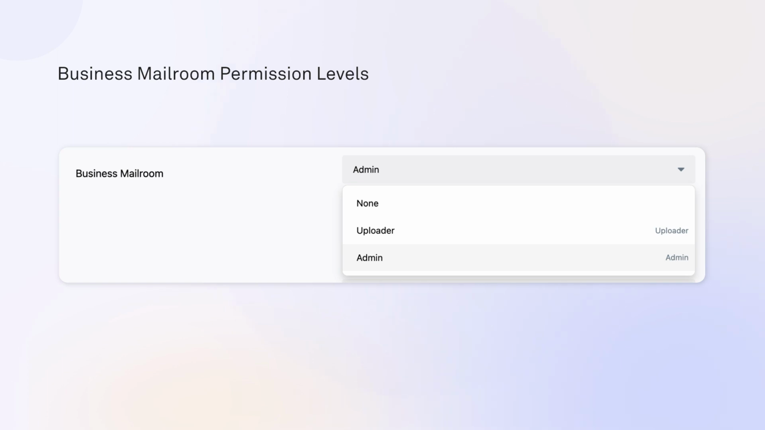By effectively managing business mailroom permissions in Docyt, you can maintain control over incoming mail and documents, ensuring streamlined organization